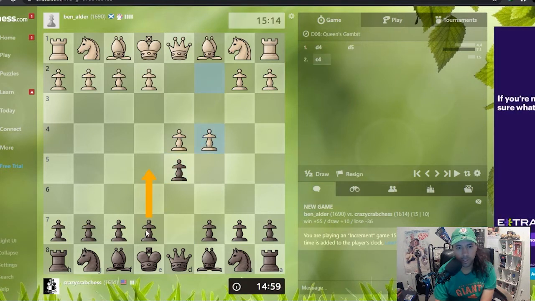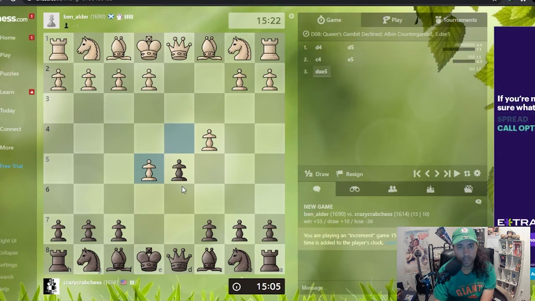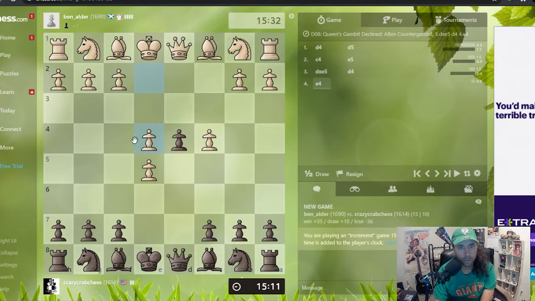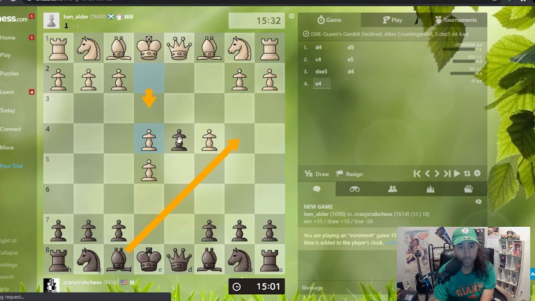And I'm going to try a counter gambit and see what happens here. So he takes. So I'm going to push this forward. Albin Counter Gambit is what this is called. And that is rare. Usually the move is just e3 and then you throw in this check and good things can happen, but without my pawn